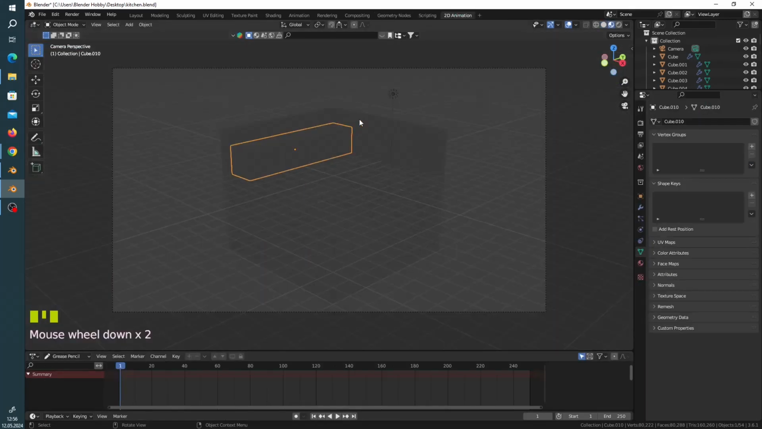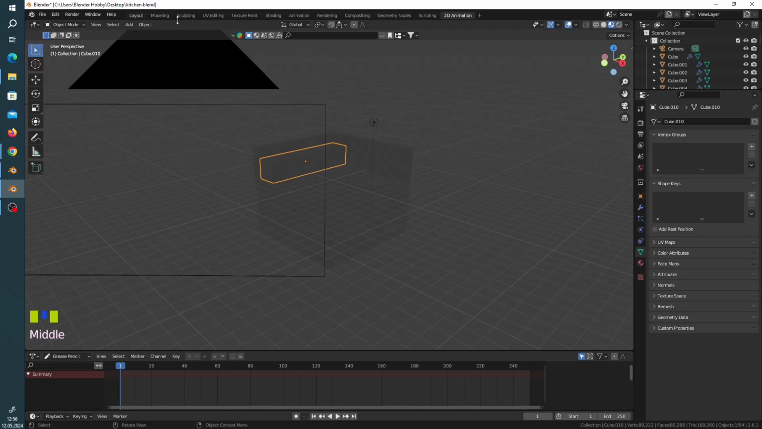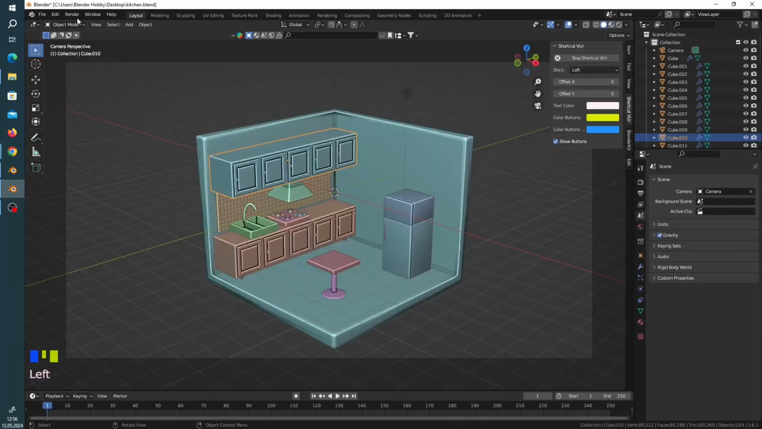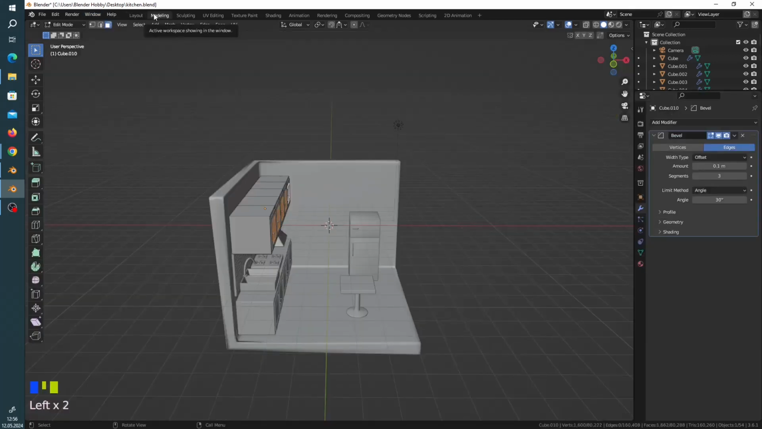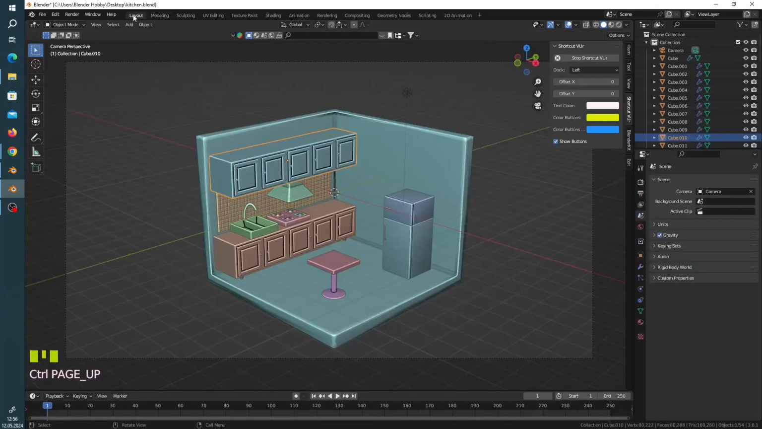You can add this one. And if you go to Window and click Next Workspace, it is going to come here. Or you can press Control and Page Up, and you can see it come to the previous workspace. Page Up, Page Down. And now, sorry, you can see here Control and Page Down go